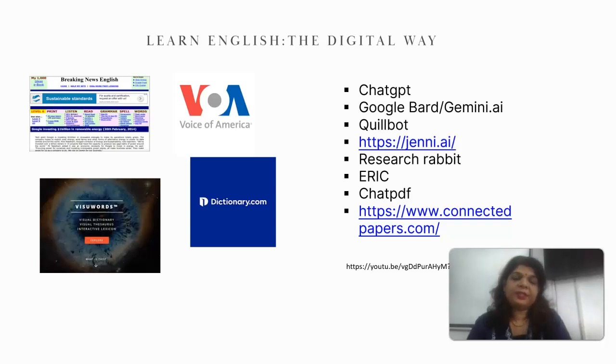Now, when we start writing a research paper, we need to have the literature review, isn't it? You need to pull in some papers which are connected to the particular topic that you are doing the research on, or writing your research paper on, and accordingly you can take the help of this ERIC and connectedpapers.com. Connected Papers is a wonderful website where you can put the topic on which you want to write the paper, and it will come out as ramifications, as a lot of branches of connected papers that are in that field, and it'll pull it and give it to you in the same forum.